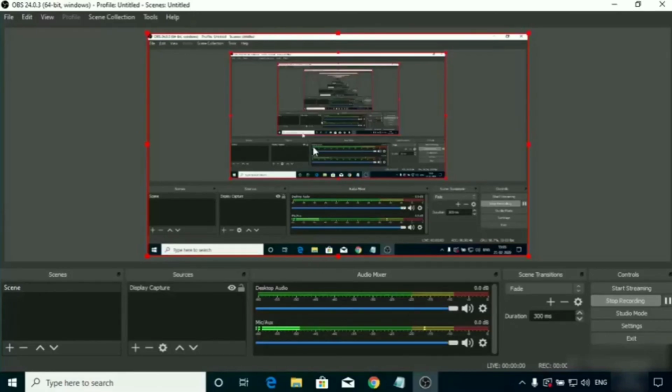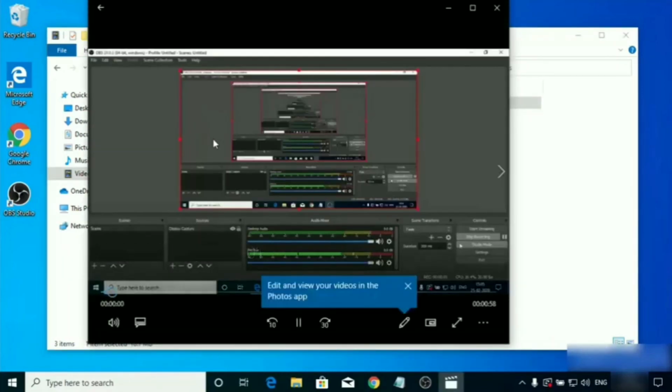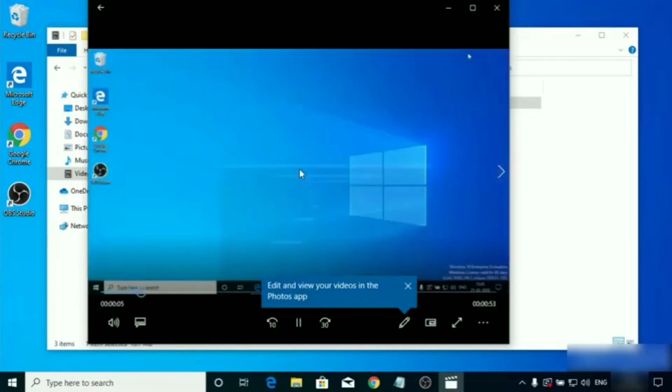Now you can pause the video and stop recording too with the button at the corner. I am going to stop recording. The recording has been stopped. Now I am going to minimize that and open the videos for you so that you can see that here. Now you can see that I am going to open this for you all. So you can see here what we have done at the time of recording.